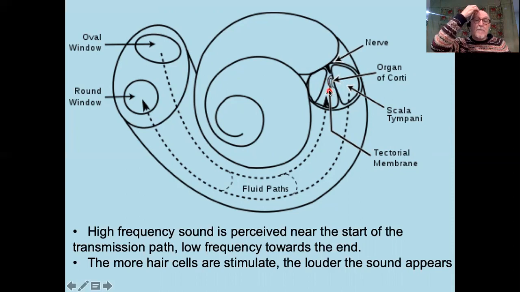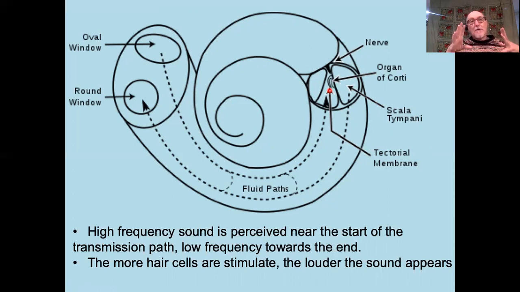And the sound reception is performed by very, very specialized cells called the hair cells. The hair cells are highly modified epithelial cells, and they do literally have hairs on them. And those hairs vibrate, and that is how the perception is made. The hairs on them vibrate, cause the hair cells to interact with nerve cells and create a nerve impulse as they are stimulated by the sound wave.